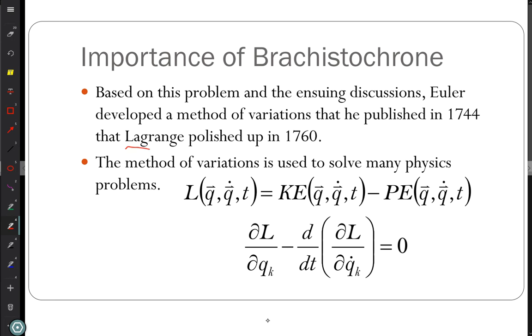And then Lagrange polished it up in 1760, and he developed what we call Lagrangian mechanics. We have the Lagrange equation of the first order, which is the one I didn't show. The second order is the one I did show. The second one is also called the Euler-Lagrange equation. Euler, you see up there, E-U-L-E-R, that's Euler, who developed the theory of variations, and then Lagrange, who did